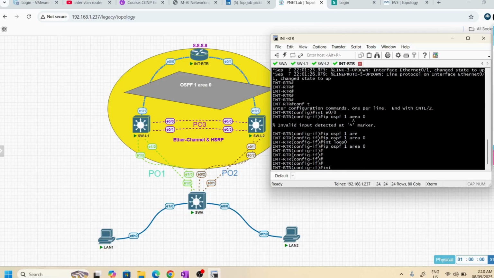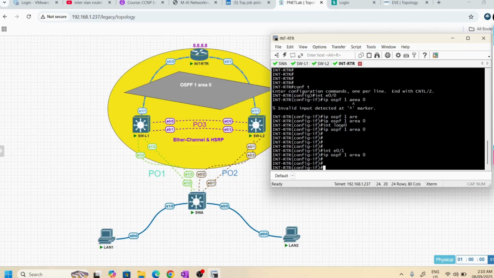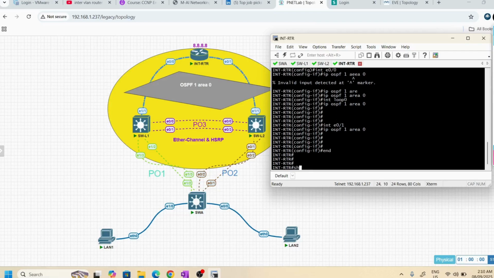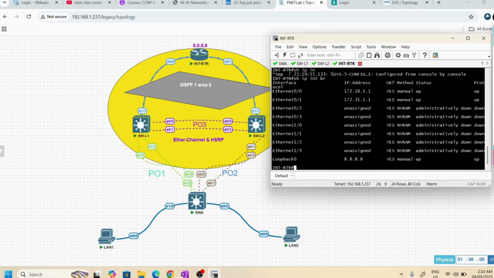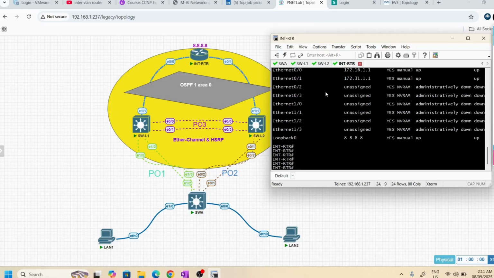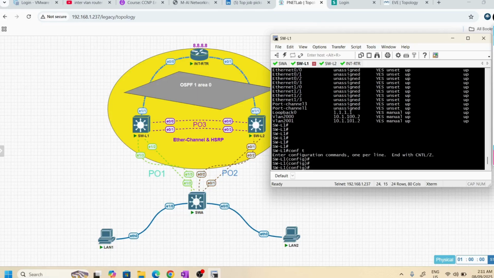Done. Interface E0/1, IP OSPF 1 area 0. Okay, so IP interface brief. Perfect. Let's move here.